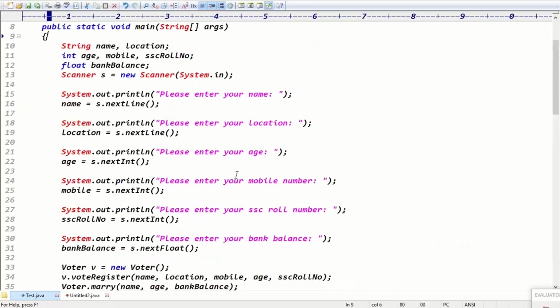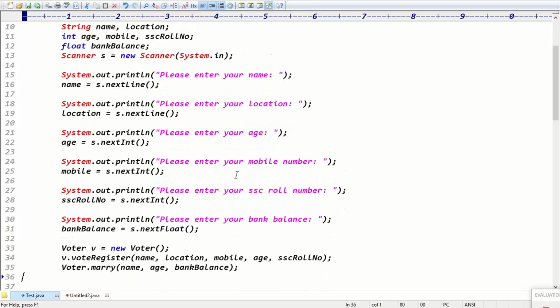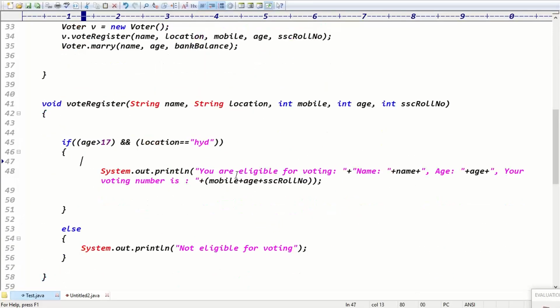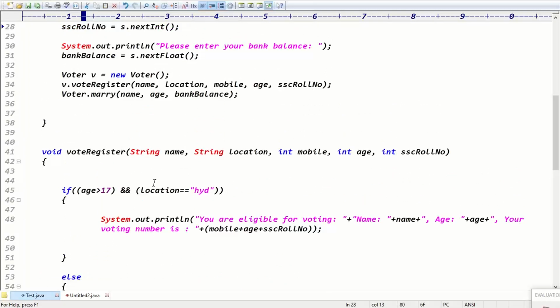To execute your method, you have to satisfy all these values. You are saying this method is not executing. In the if condition, he provided double equals.